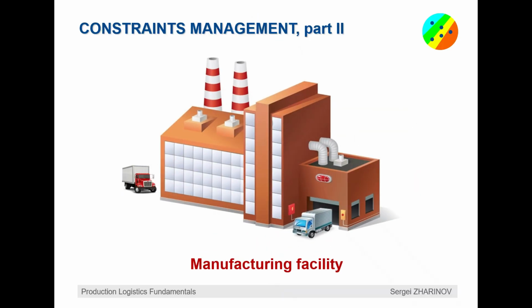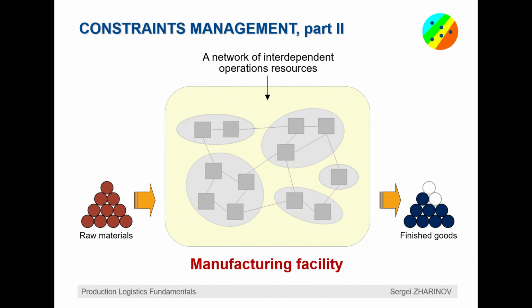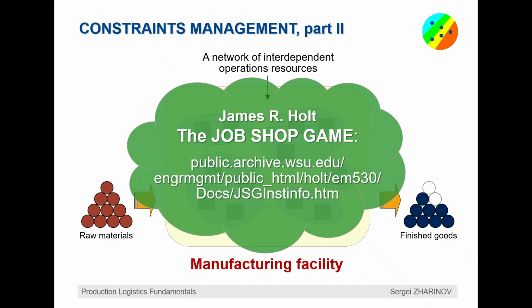We continue to discuss manufacturing facilities and related production systems. The latter is a network of interdependent operations resources that work together to transform raw materials into finished goods. The first part of this video presentation examined a simple reference system proposed by James Holt in the JobShop game